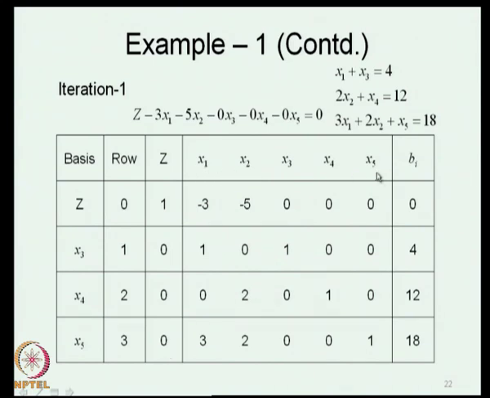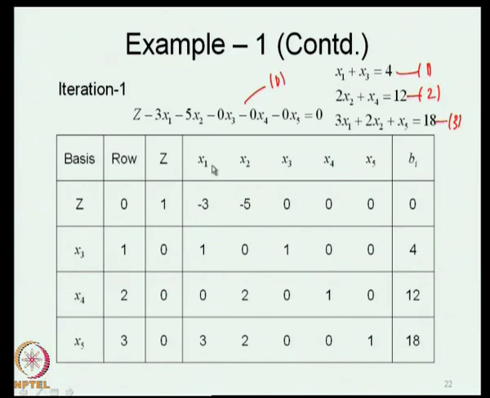Then we write all the variables x 1, x 2, x 3, x 4, x 5. So, these are the variables of the problem. Each of these columns will consist of the coefficients in that particular row of this particular variable. So, row 0 has a coefficient of minus 3 for x 1. So, we write minus 3. Row 1, which is this row, for clarity I can as well write: this is row 1 and this is row 2 and this is row 3 and this is row 0.